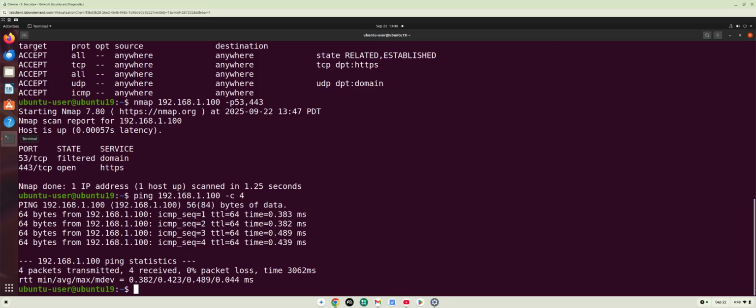Let's test the rule with port 443, and see whether our iptables firewall truly allows us to go to those secure websites that it's supposed to allow us to go to. So I'm going to open up Firefox here,